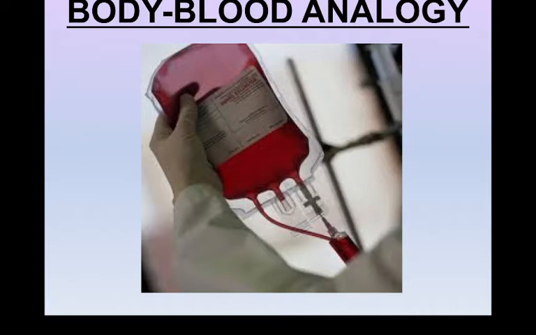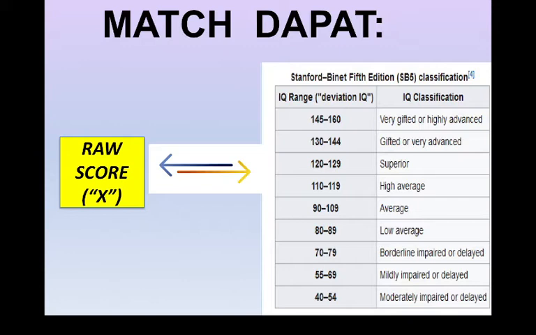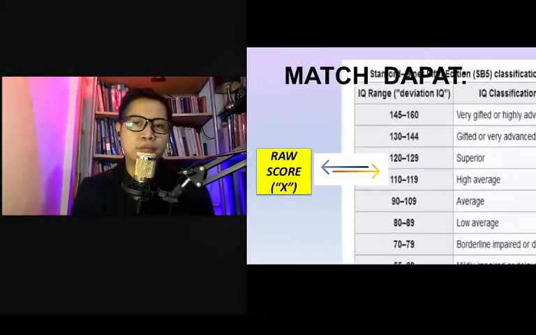Yun din yung dapat natin gawin in the field of psychometrics before we interpret the meaning of a raw score using the norm. Tatanungin mo yung sarili mo, match ba yung katangian ng raw score sa katangian ng norm na gagamitin mo? Napakahalaga niyan. Let me repeat. Before you interpret a raw score using the norm, you need to make sure na tugma, match dapat yung qualities ng raw score that you have with the raw score of the norm na gagamitin mo pang-interpret nung raw score na yan.